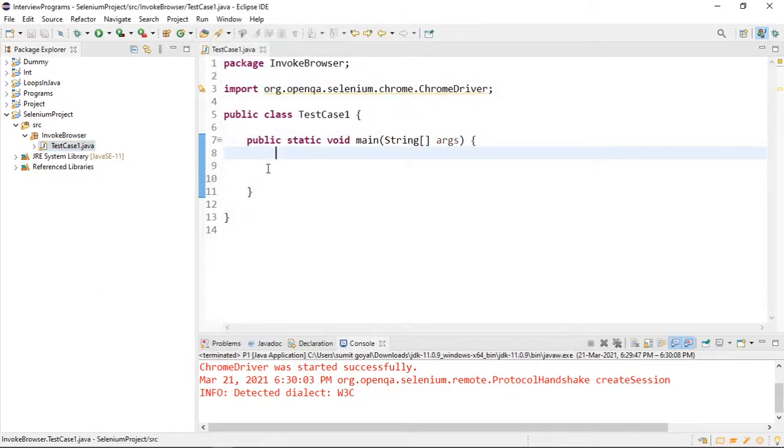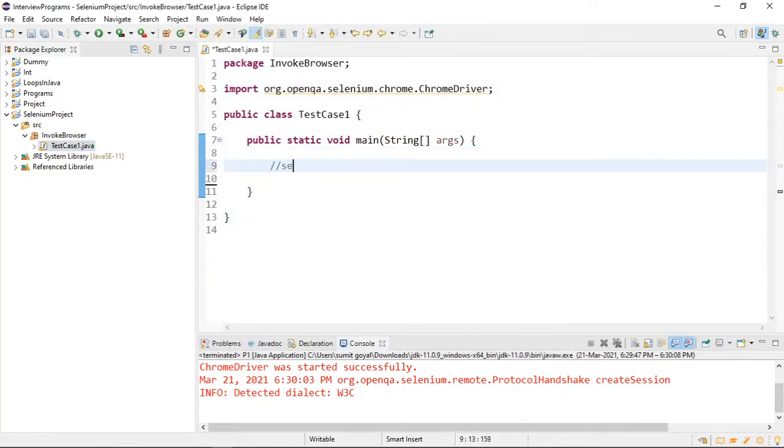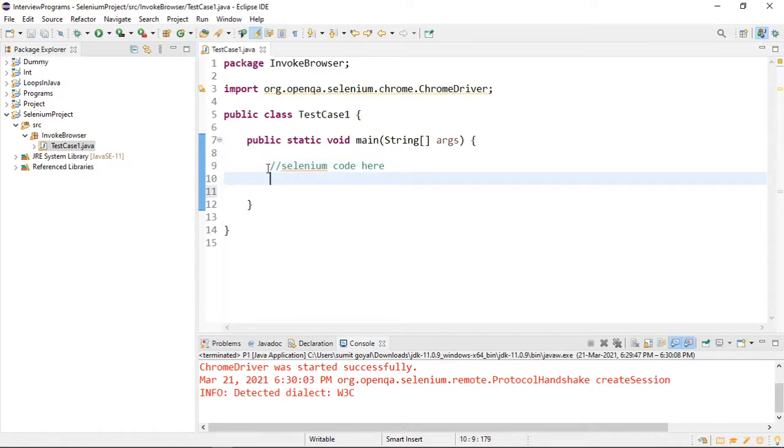Okay. If I simply start writing Selenium code here, then my Eclipse editor will not recognize my Selenium code, because I have not provided any files to this Eclipse editor, right?